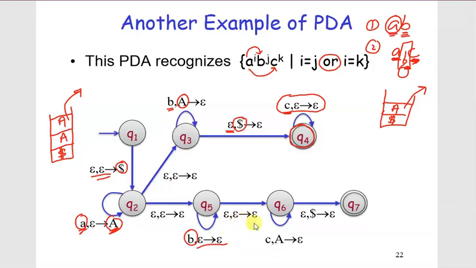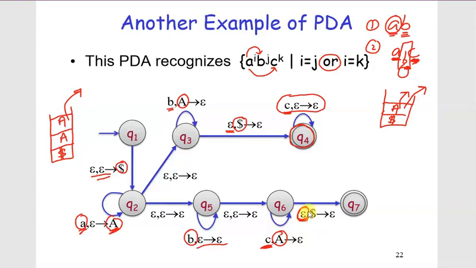And then after we read alphabet B, we start reading alphabet C. Once we read the first alphabet C, we pop capital A from the stack,